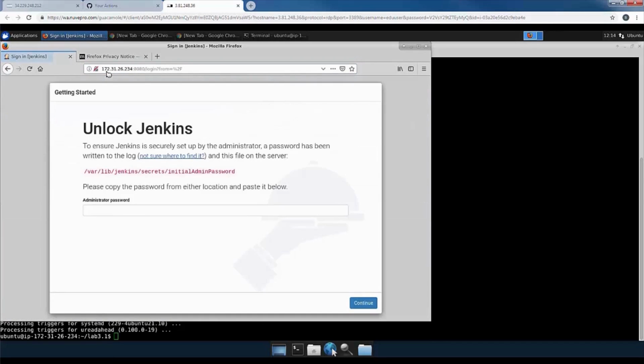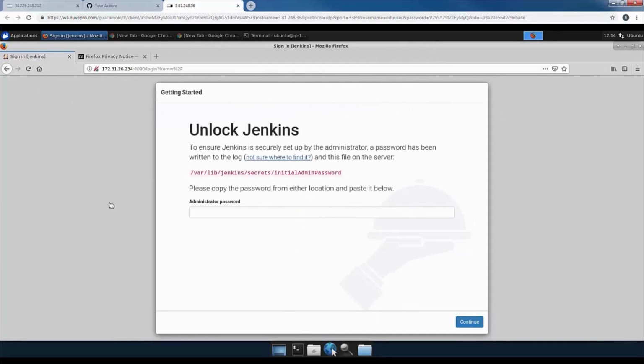Please be advised, the IP address of your virtual machine will be different, and the way you can discover the IP address is at the command line, type ifconfig. The IP address of your virtual machine will be in the information displayed. The first screen we're shown is the Unlock Jenkins screen. We're going to need to enter the administrator password in order to continue. As you can see in the red type, the location of the password is a file